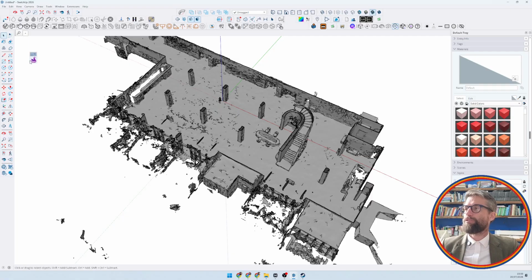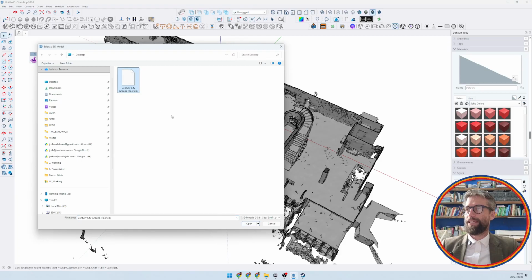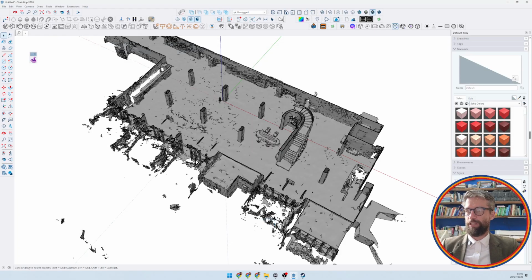When you see it downloaded from the SketchUcation website, you'll see that it is possible to reduce the polygon count in the model. Please take note that that explicitly happens for everything that appears in the model. So rather than doing that, always go to File, Import with the Universal Importer, and then select your file. In this case, the OBJ file. When that imports, it will ask to reduce the polygon count. I always advise people, please reduce your polygon count to be below 1 million or preferably around 400,000 for a